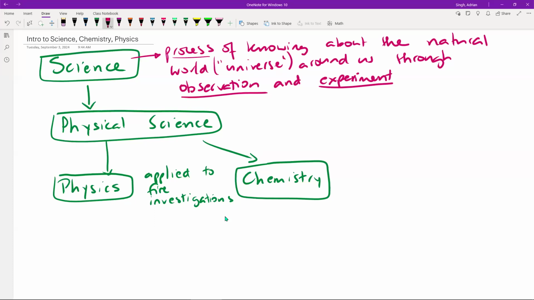So under the umbrella of science, there are many different branches of science. There's one main branch called physical science. And what exactly is physical science itself? We're going to see the difference here and how the two things we're going to study, physics and chemistry, tie into physical science. And when we talk about physical science, again, the branch of science itself, this is the study of the inorganic world